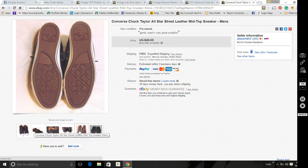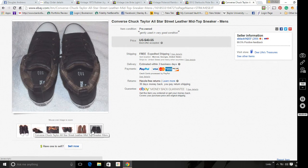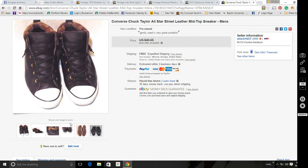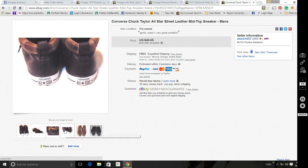I brought them home. I cleaned them up with a little shoe leather. Like I said, always clean your shoes and make them look good. If the shoestrings are raggedy, put a pair of new shoestrings in there. And as you can see, for $5, I asked for $49.95. And I wound up selling these shoes the same day